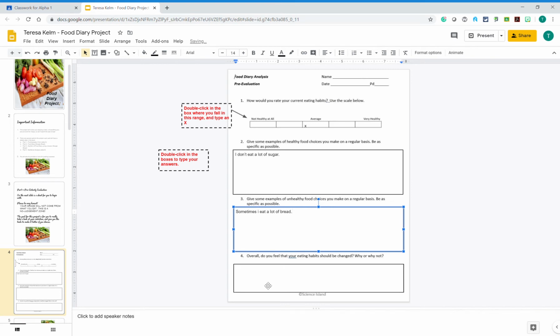Overall, do you feel that your eating habits should be changed? Why or why not? So just say, yes, I do. No, I don't, but tell me why. There's 2 parts to that one. So when you finish with that, you're done with part 1. So then I can go to part 2,